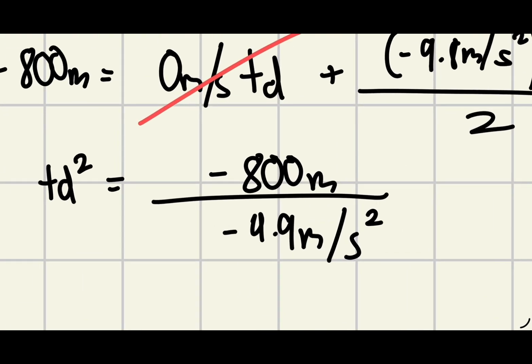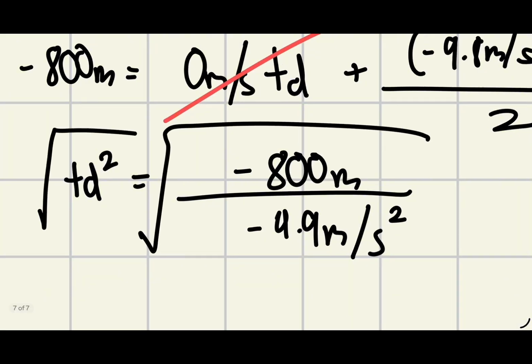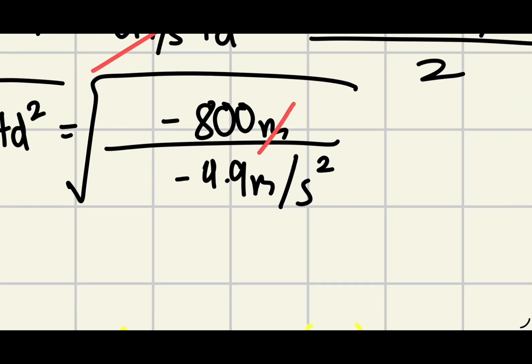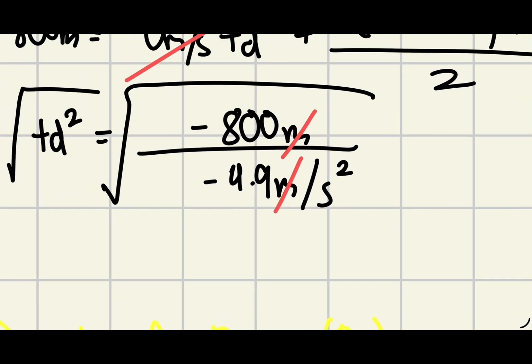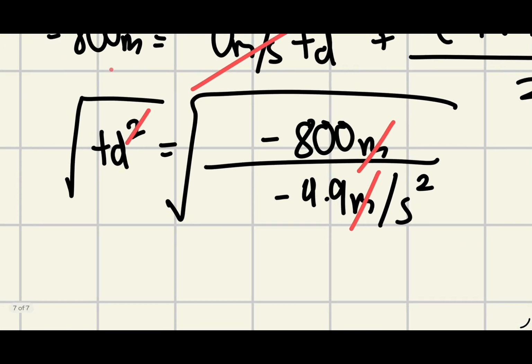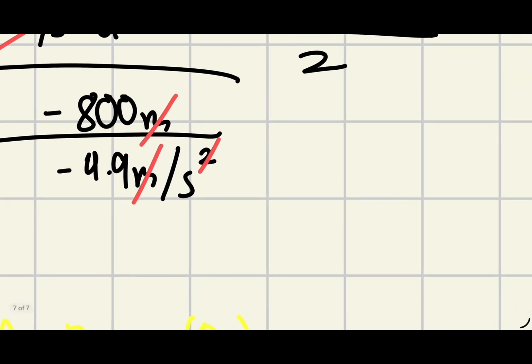Now, to solve thoroughly, we have to cancel the squared here. As you can see, for the time, we have to square root both sides. So then we go ahead and cancel the units. Meters cancel, and since we are using square root, this cancels, and also the square root cancels here. So we are left with